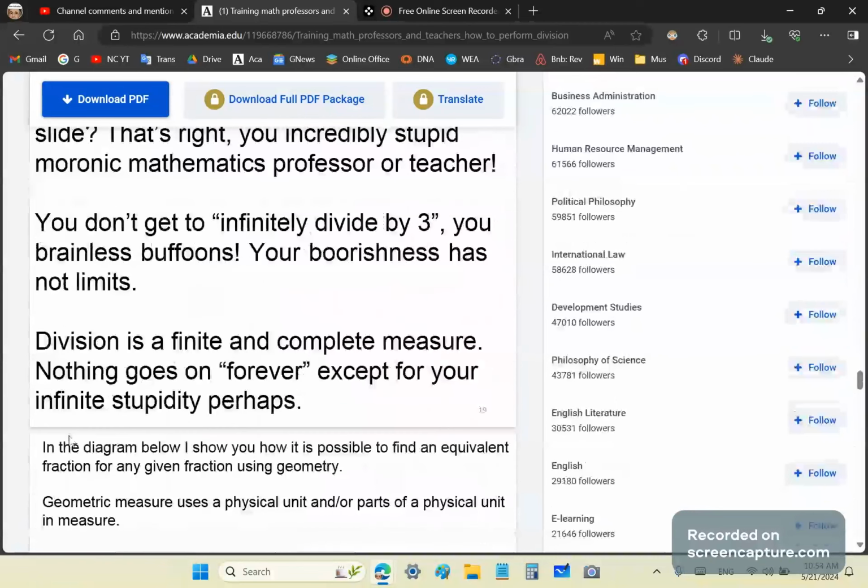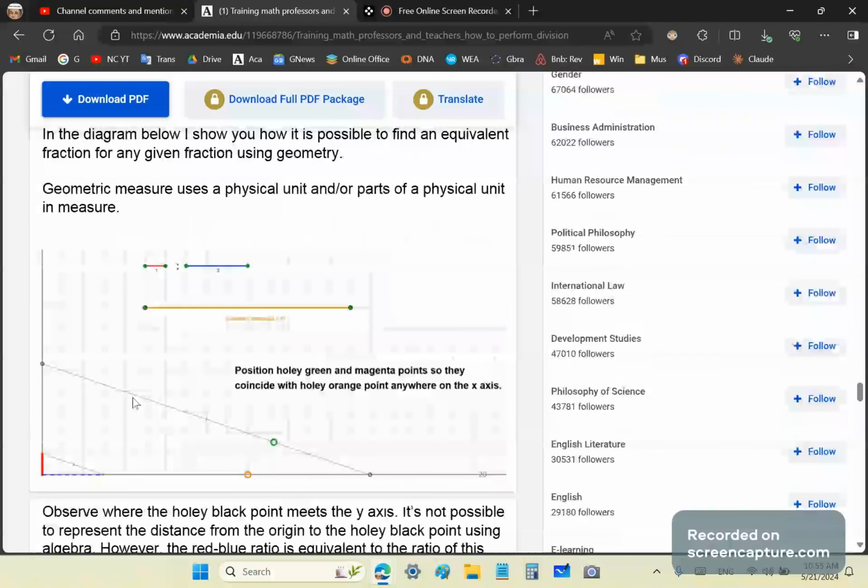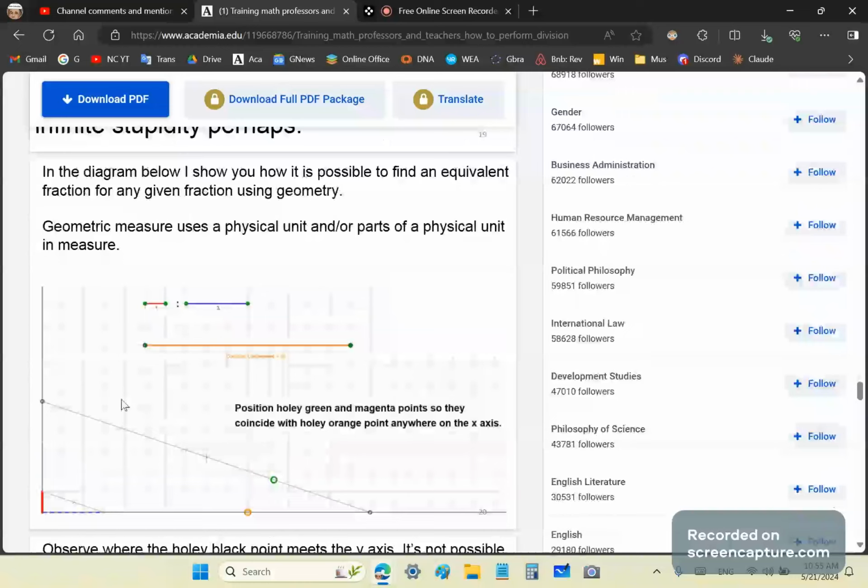Division is a finite and complete measure. Nothing goes on forever, okay? Except, of course, your infinite thickness, denseness. In the diagram below, I show you how it is possible to find an equivalent fraction for any given fraction